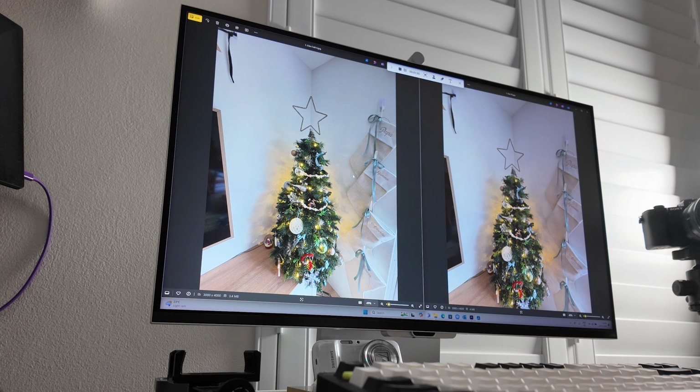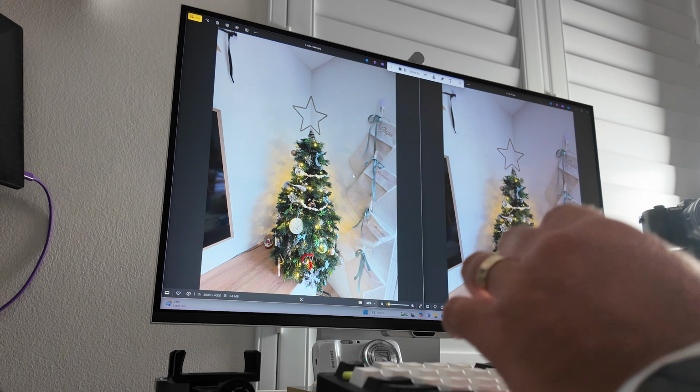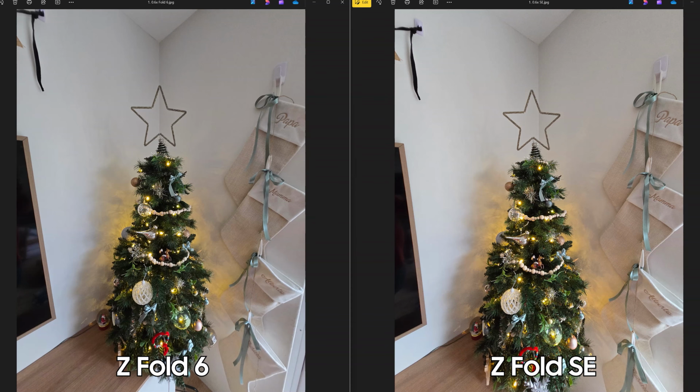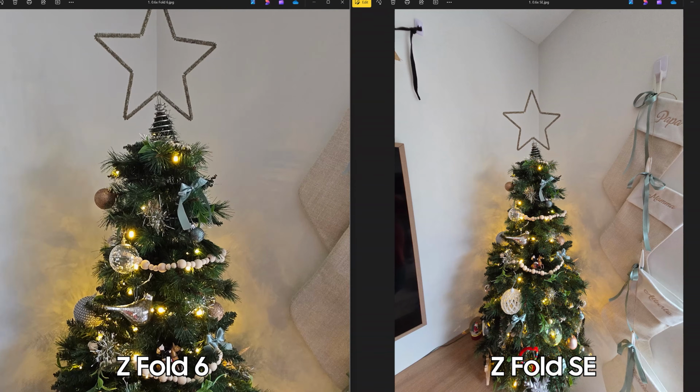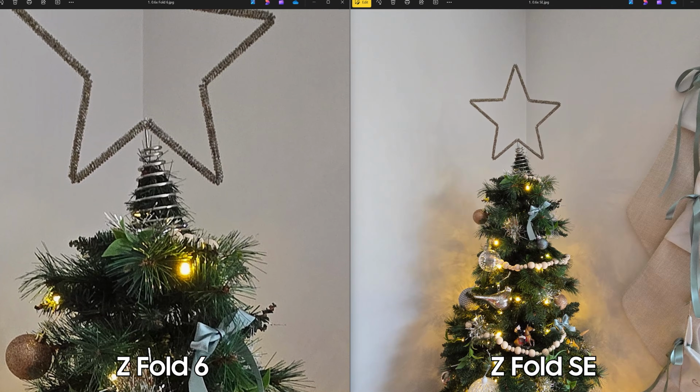And we'll just cycle through different photos, different cameras in this section. The first thing I really want to highlight with the ultra wide is the focus and the detail. Because the ultra wide on the Special Edition has the macro capabilities and likely autofocus to go with it, the dual pixel, when you actually zoom in on things like the star here,